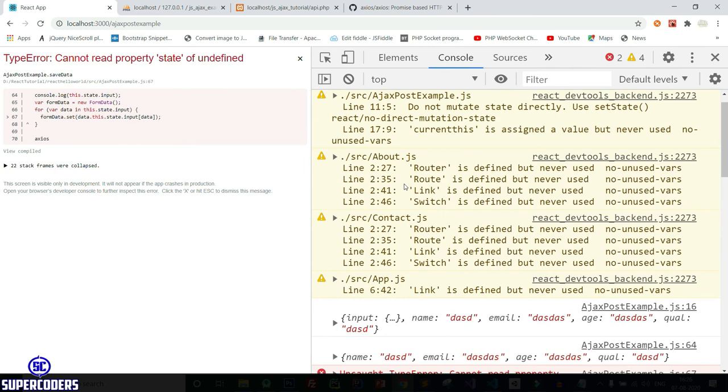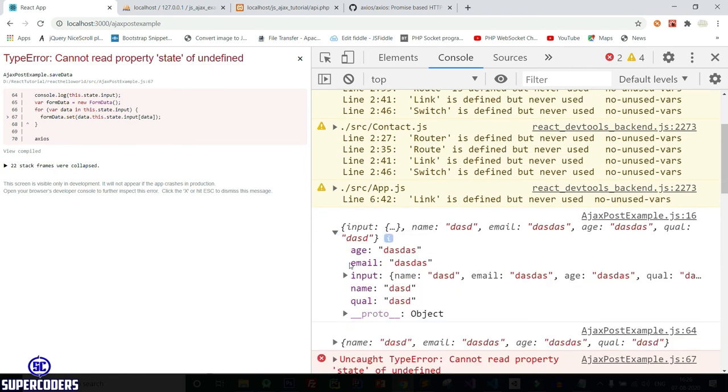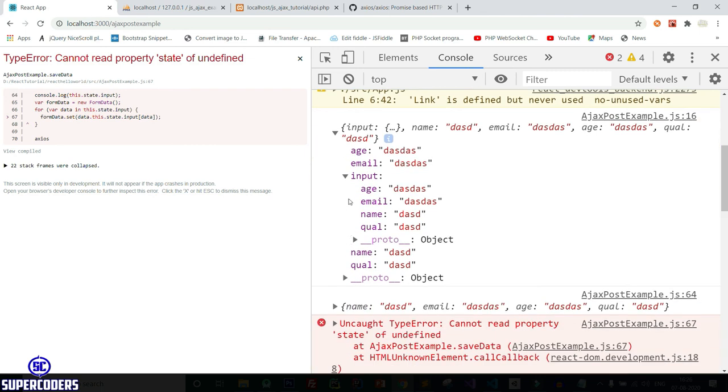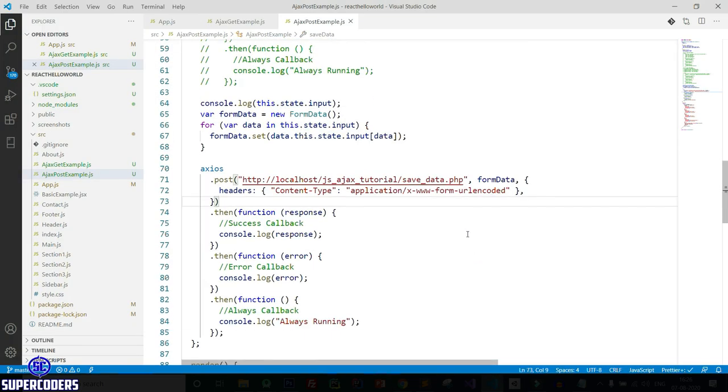Again it shows an error. But if you click on this, you can see input stores all our data. So in this way you can store every data in input, but there is an error. Let's see what this error is. So you can see the error is at 67. Let's see line number 67.